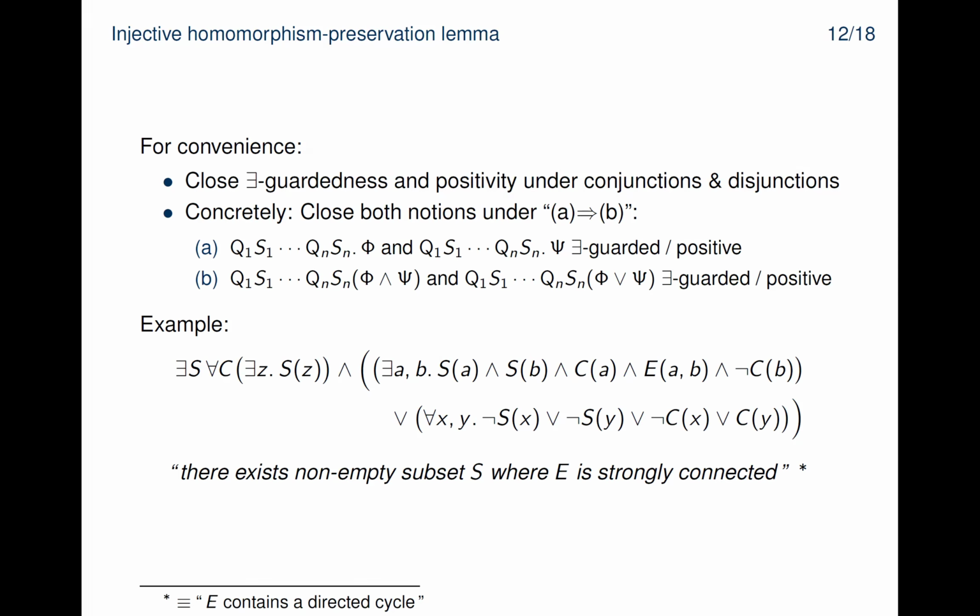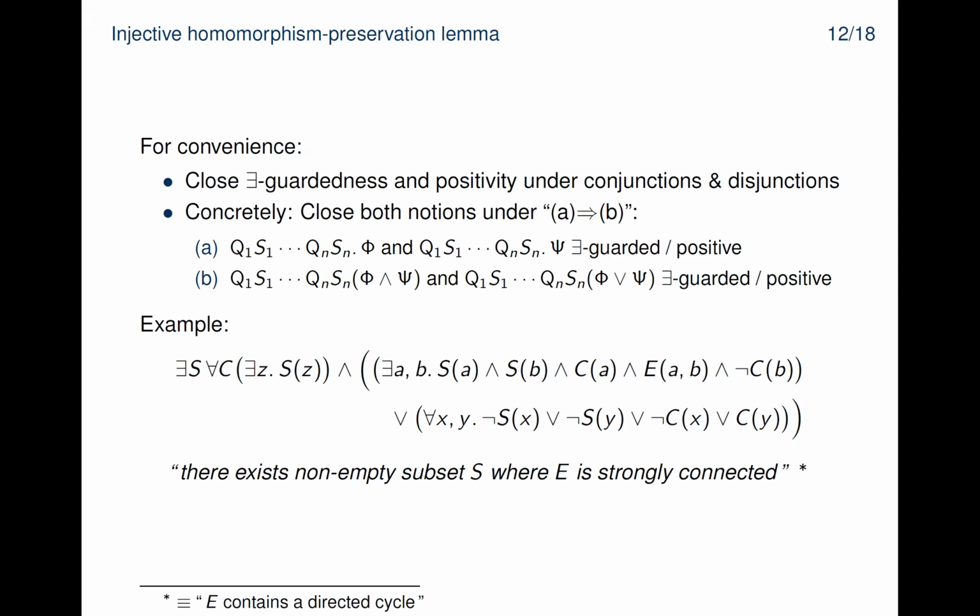So these are unary second order variables. So this is a monadic second order sentence. And now in order to check that it's closed under injective homomorphisms, we just need to go through all its constituents and check that every universal first order variable is guarded by an existential second order predicate. And here we only need to look at the last clause, and this is indeed the case, right? There are two variables that are universal, x and y, and they are guarded by this existentially quantified second order